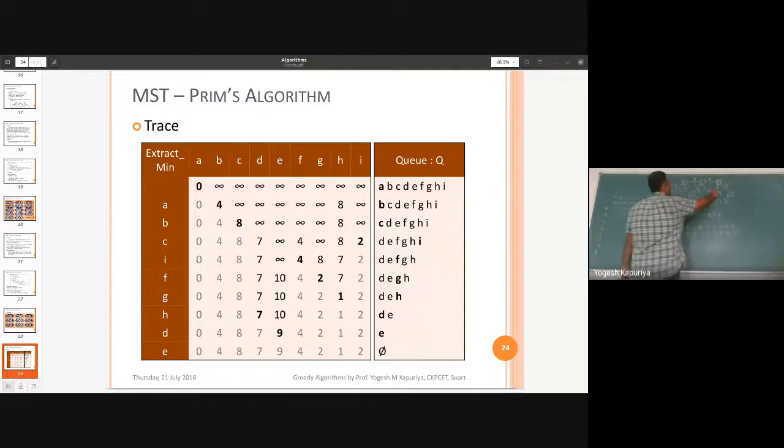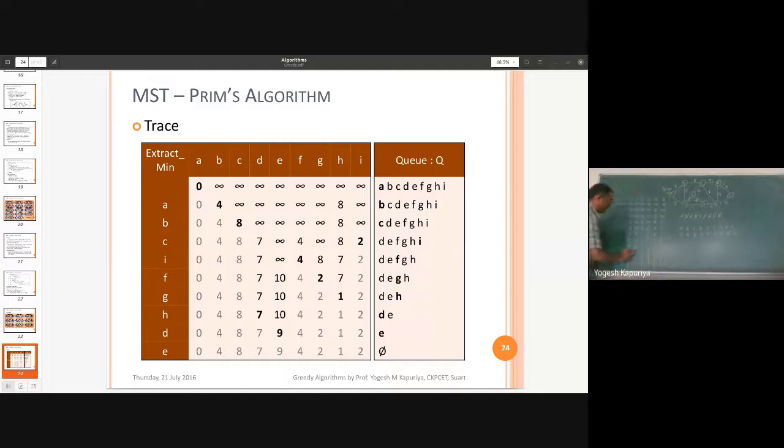Where is D? Here. How many edges? C, F, and E. Is C inside Q? No. Is F inside Q? No. Is E inside Q? Yes. So what is the key of E? 10. What is the weight of DE? 9. 9 is less than 10.